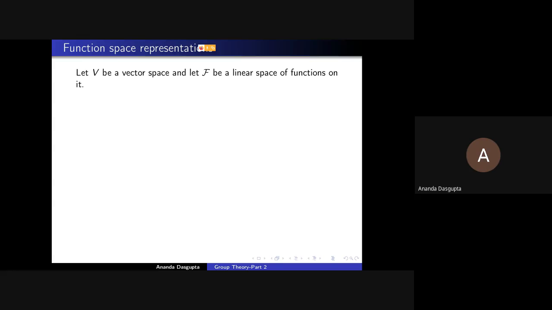Can you make a vector space out of those functions? Point is, can you add the functions together? Can you multiply them by numbers? The answer is, of course you can. You can just define f1 plus f2 simply by saying f1 plus f2 does to v what f1 does to v plus what f2 does to v. So f1 plus f2 acting on v is f1v plus f2v. And what is a times f1, where a is a number? You just say it's a function whose action on v is a times f1v. So that's how you define the linear space of functions on it.